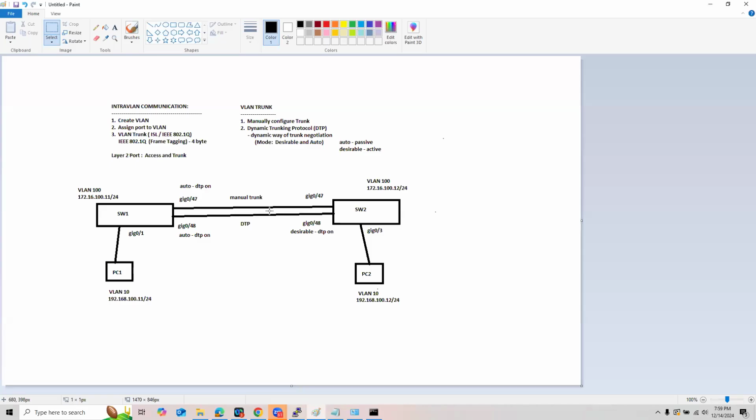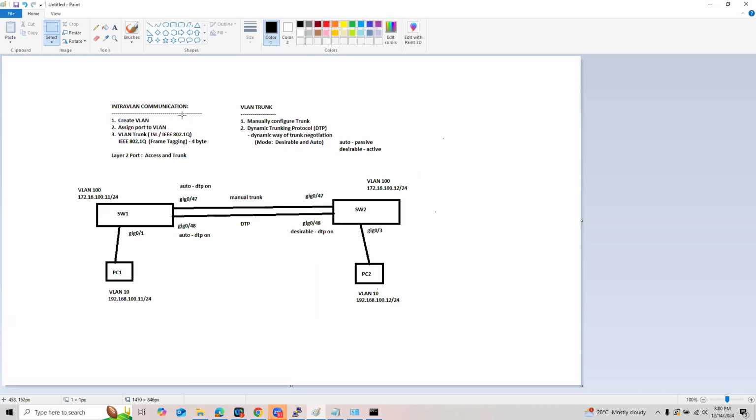So trunk is simply our tool to logically connect the VLANs in switch 1 as well as that same VLAN in switch 2. So this will fix that requirement for intra-VLAN communication.